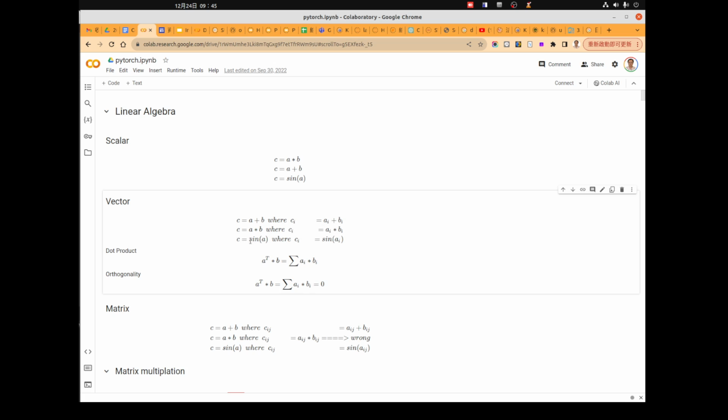For any function, sine for example, when we take sine of a, a vector, it becomes another vector c, and by definition the value of c_i becomes sine of a_i. Okay.